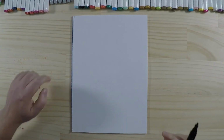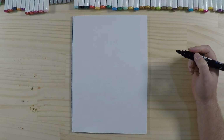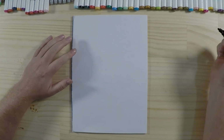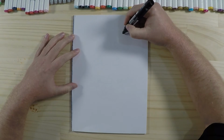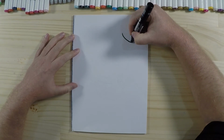Alright, so this snowman, I'm going to try and make him very cute. I think the first thing we'll start off with is we'll draw him wearing a hat. Normally, a snowman wears sort of a top hat, so we're going to draw that in this corner here. So what we're going to do is start drawing a bit of an oval. So this will be the top of his hat,